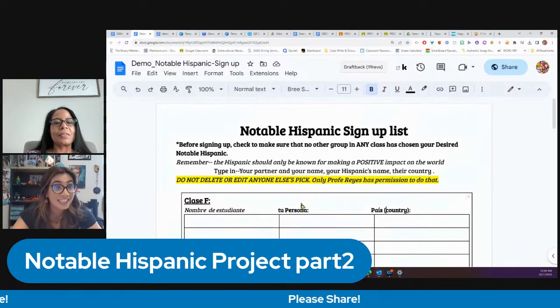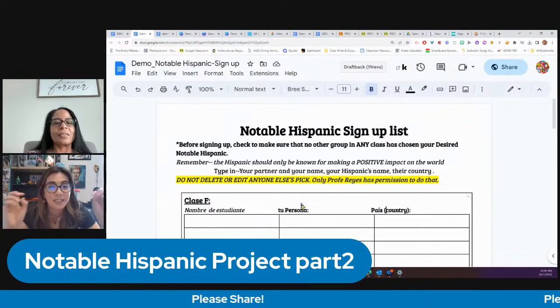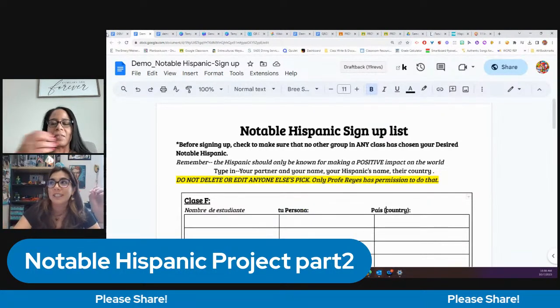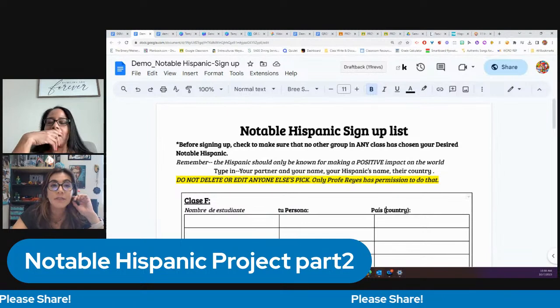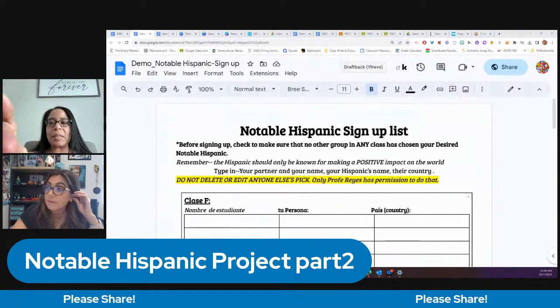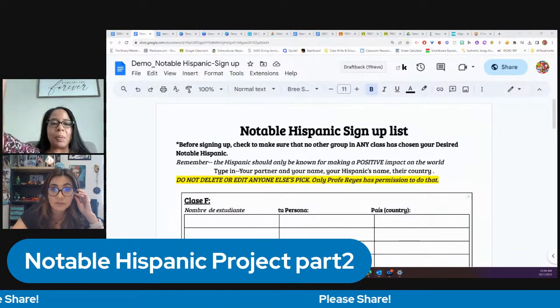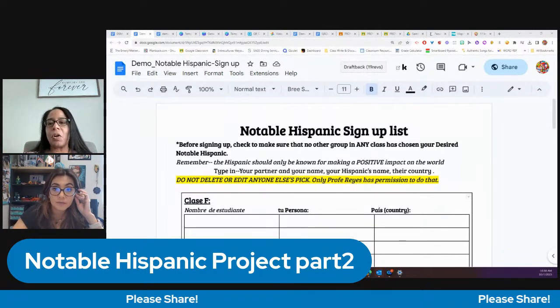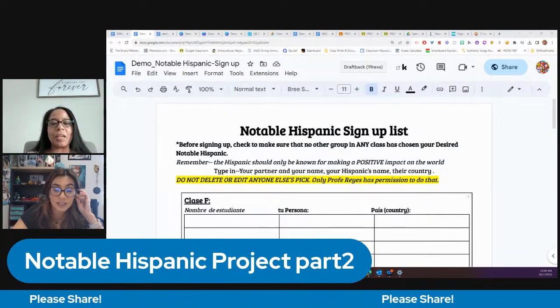So they get excited. This is what builds the anticipatory set. It's really cool to see this in action. So that's the very first thing that you do when you introduce the project. And you could always print the document and maybe post it, and people have to sign up. Those are also options, so that they're not